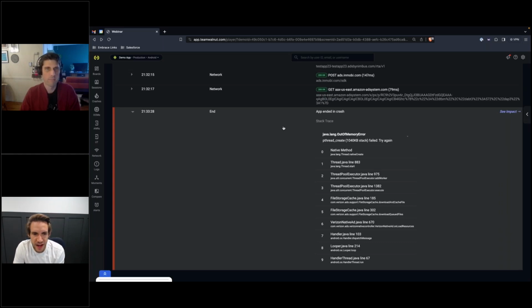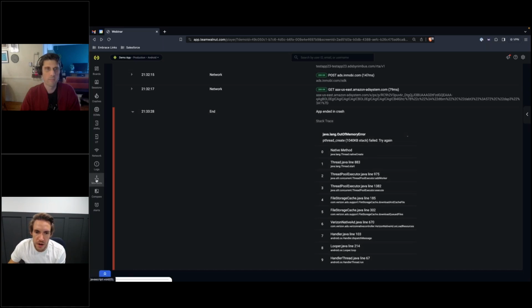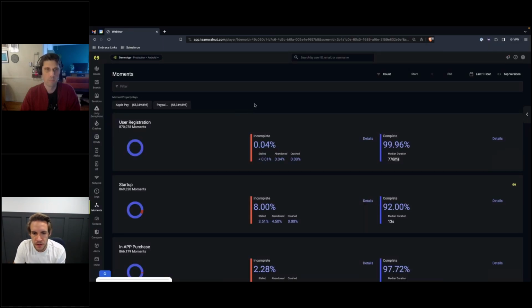The next point I want to focus on is surfacing the cause of poor app performance. We've talked about that already with networking. We've talked a little bit about moments and how we do that, but I want to expand on moments and what that looks like. What we're seeing here is this moments page. Moments, again, are key flows within the app. These are defined by the teams that integrate the Embrace SDK. You essentially tell Embrace when to start and stop the timer.